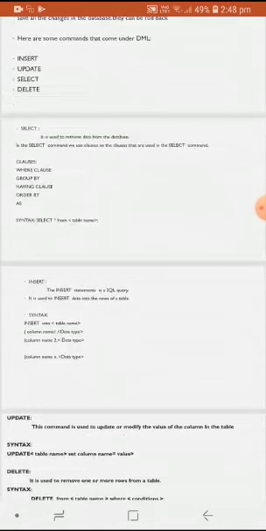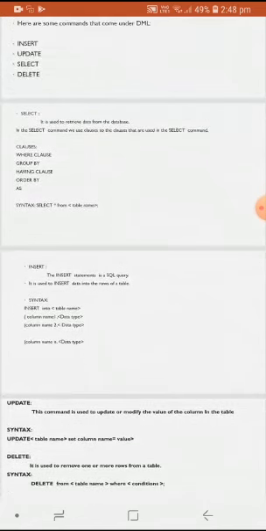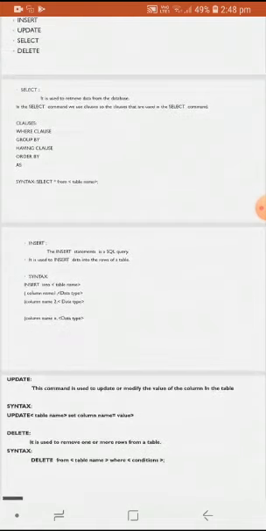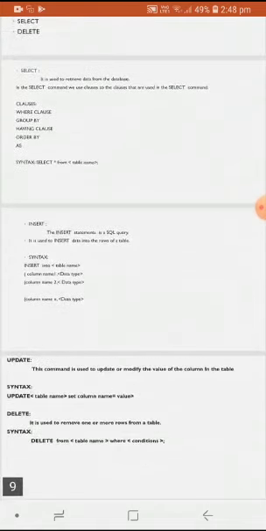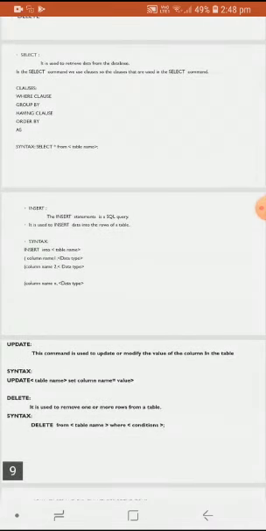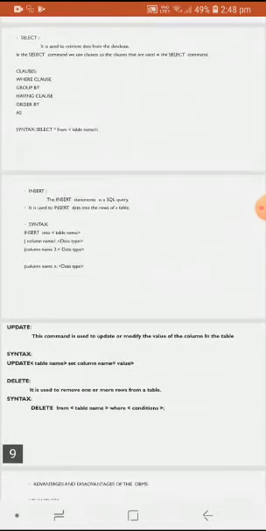The having clause is used to select among the groups defined by the group by clause. The order by clause is used to specify the order. The as clause is used to rename the table. These are the different clauses we use with the select command. So let us see the syntax for the select command.